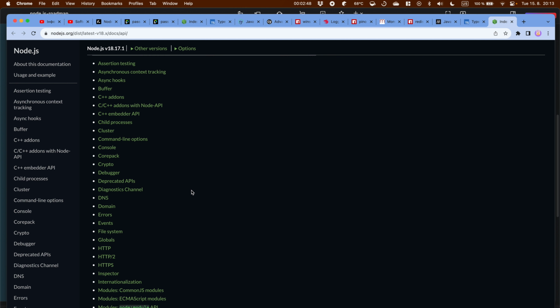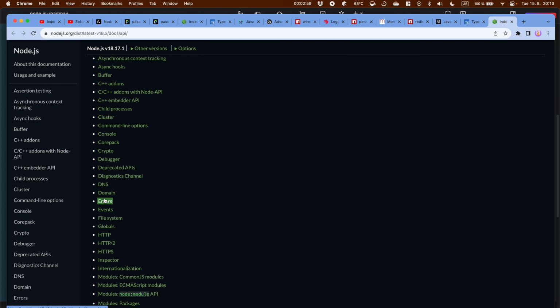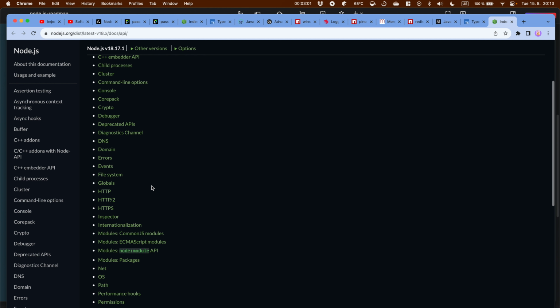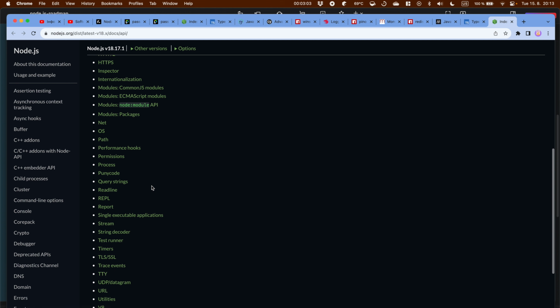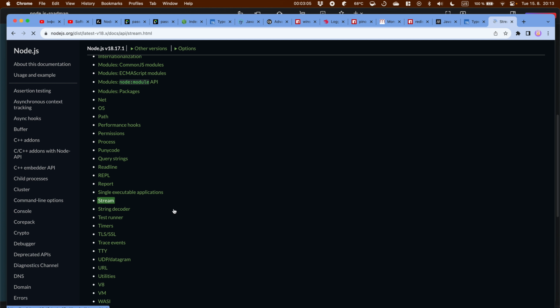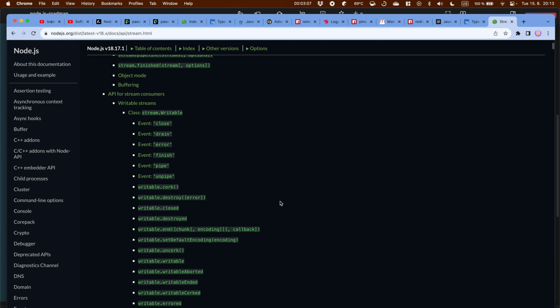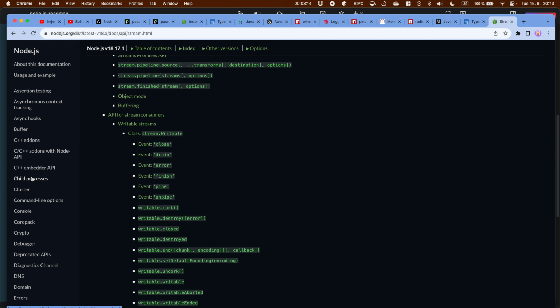You need to check built-in modules, how to work with the file system, what an event emitter is, how to work with the HTTP module. A very important topic is streams. A lot of things in Node.js are built around streams, so definitely check the basics, the fundamentals of Node.js.